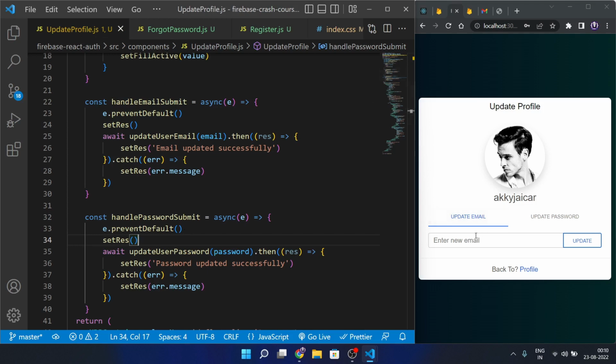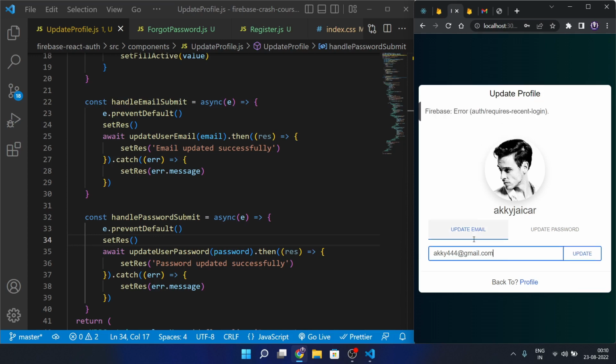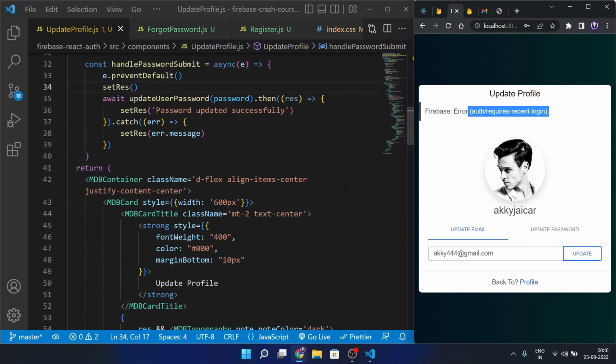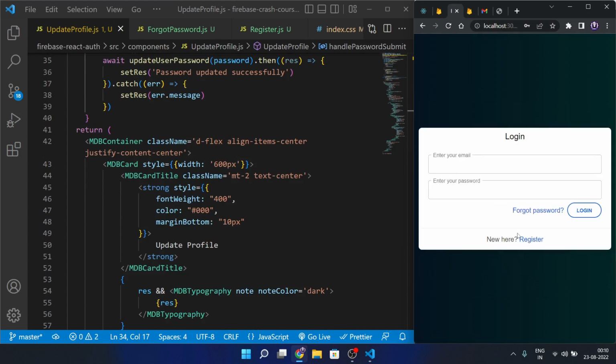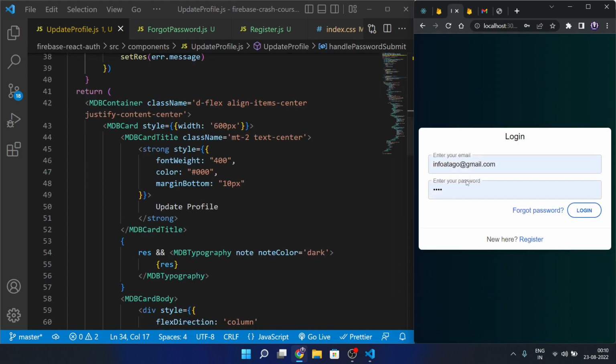Now let's test it using this email. Now let's provide a malformed email that is not available on the console, to check whether it is working or not. Now you can see it is not working. It shows that auth requires a recent login because my token expired, so we cannot simply update the email. So for this, you just need to go back to your profile, and simply click on this logout,